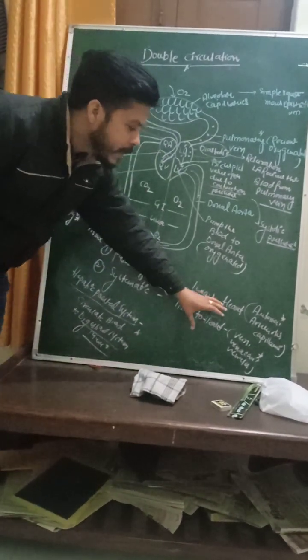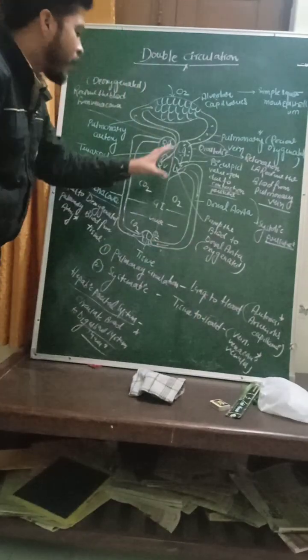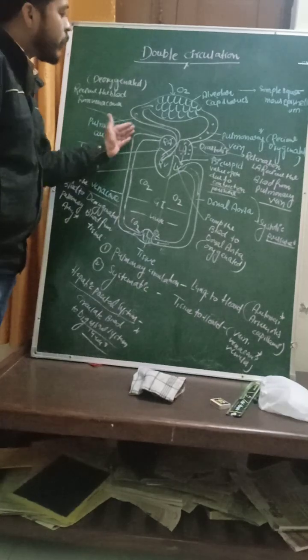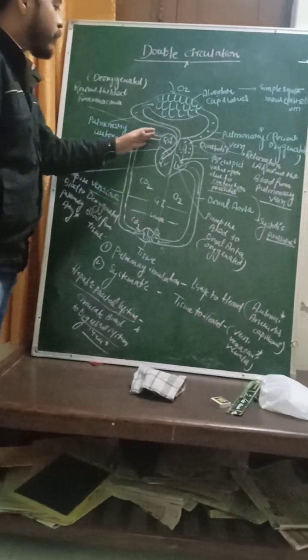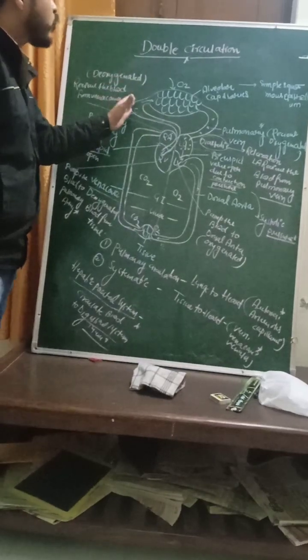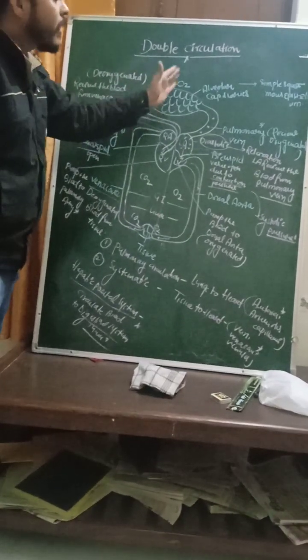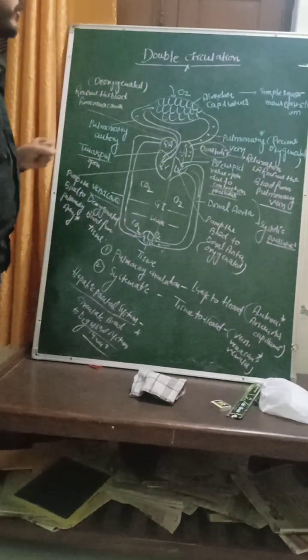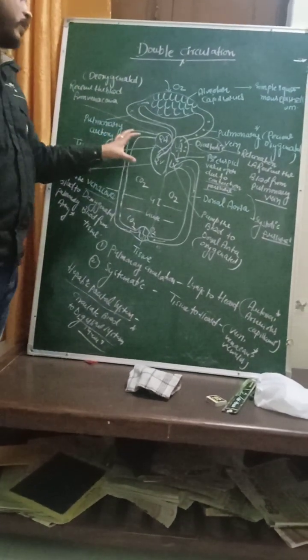Systemic circulation contains veins, venules and the vena cava, which transport the blood from the tissues and organs, and then the vena cava empties the blood to the right atrium. And then the right ventricle pumps the blood. From here pulmonary circulation starts, through the alveoli and then the pulmonary vein, and comes into the left atrium. So this is the whole process of double circulation, and these are the points.